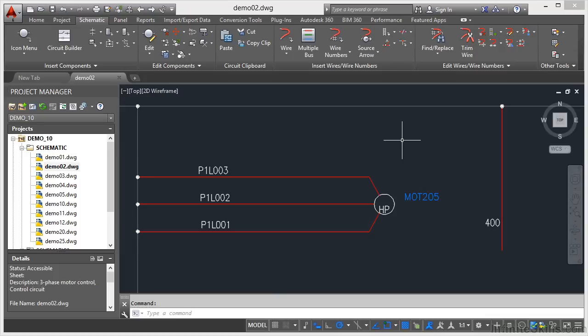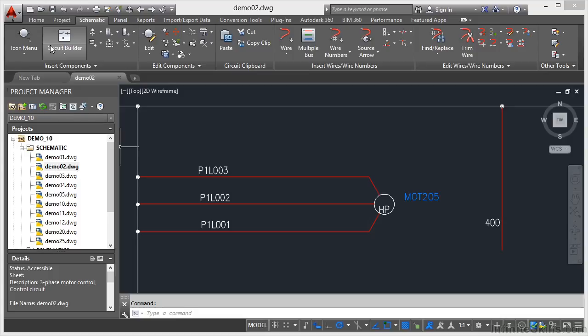There is often a requirement in AutoCAD electrical drawings to place your wire gauge or colour labels against your wires as well as your wire numbers. You can see the wire numbers there in the drawing, but there are no wire gauge or colour labels right now. When you are placing these wire gauge colour labels into your AutoCAD electrical drawings, you make sure that they're on a separate layer. We're still using Demo 10 Project and drawing